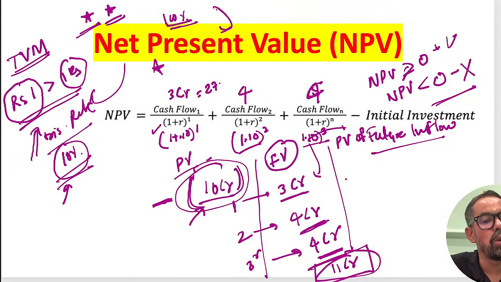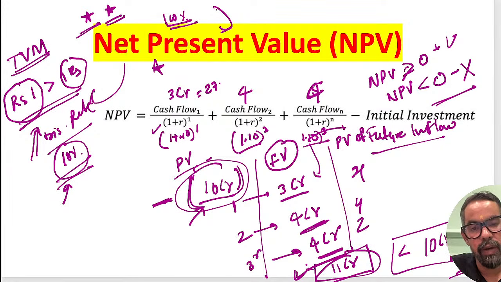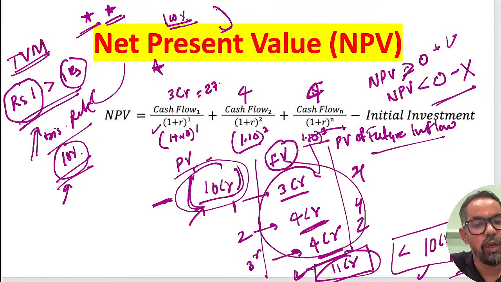ठीक है. तो basically whatever outcome we are getting from this minus initial investment, if we are going for that one, it is coming less than 10 crore. So that's why we are rejecting this particular project. In general sense it seems like we should accept. वैसे देखने में क्या लग रहा है कि we are getting 11 crore. अच्छा, 1 crore रुपए 3 साल में बन रहे हैं, good. But when we calculated the present value of this particular one, तो it is coming in the negative itself. ठीक है.